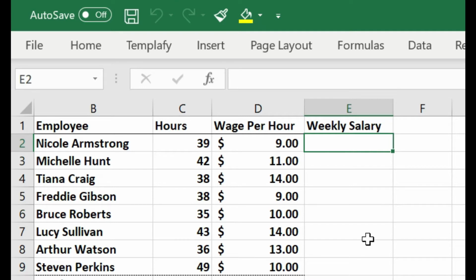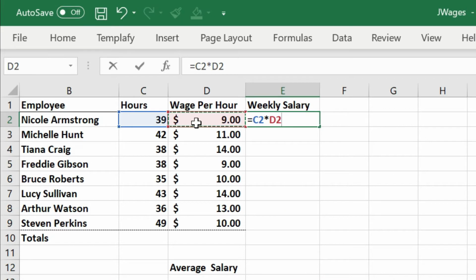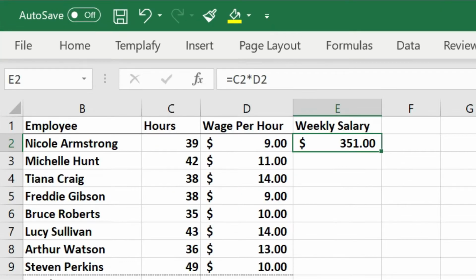Okay, so I'll calculate that with the multiplication operator. So this is equal to, then I'll go to C2, then multiplication operator star, then wage per hour. Okay, and I'm pressing enter on my keyboard, right? That's it. Okay, so with this we have calculated the weekly salary for Nicole, and we have mentioned it here.